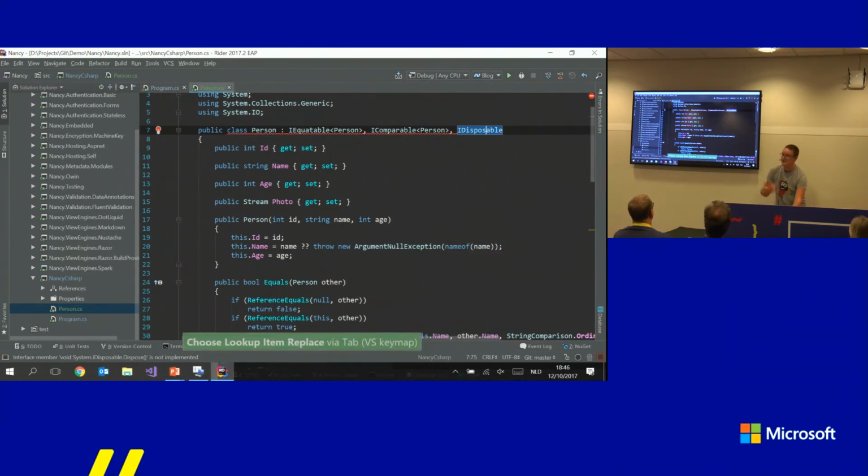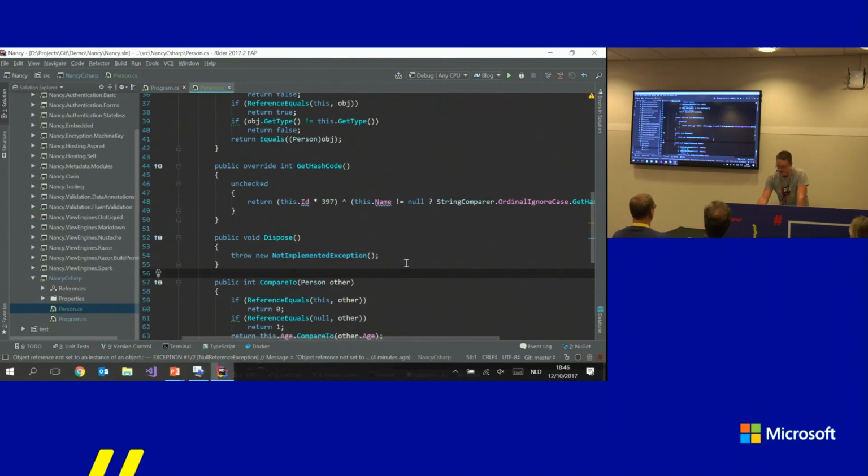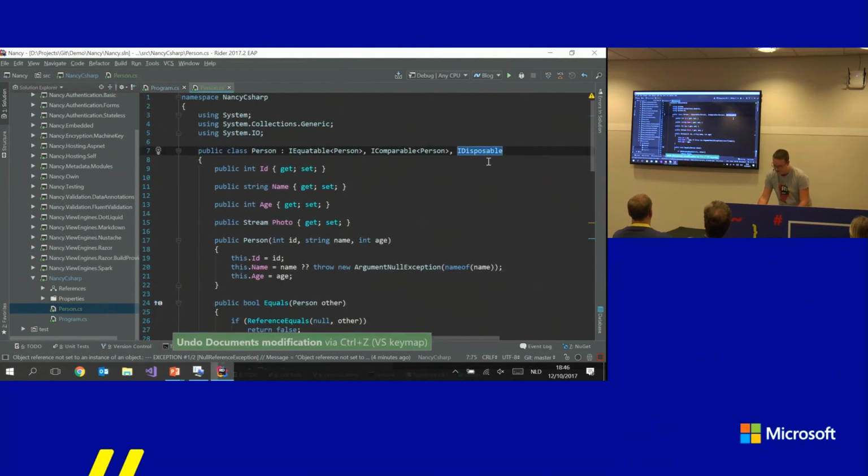And you see, again, there's an error because I didn't implement IDisposable yet. What I can do is implement missing members. Let's do that. And I get this nice NotImplementedException, and normally I would start writing code. Rider is smarter than this. It knows about IDisposable, and instead of generating just the interface implementation,